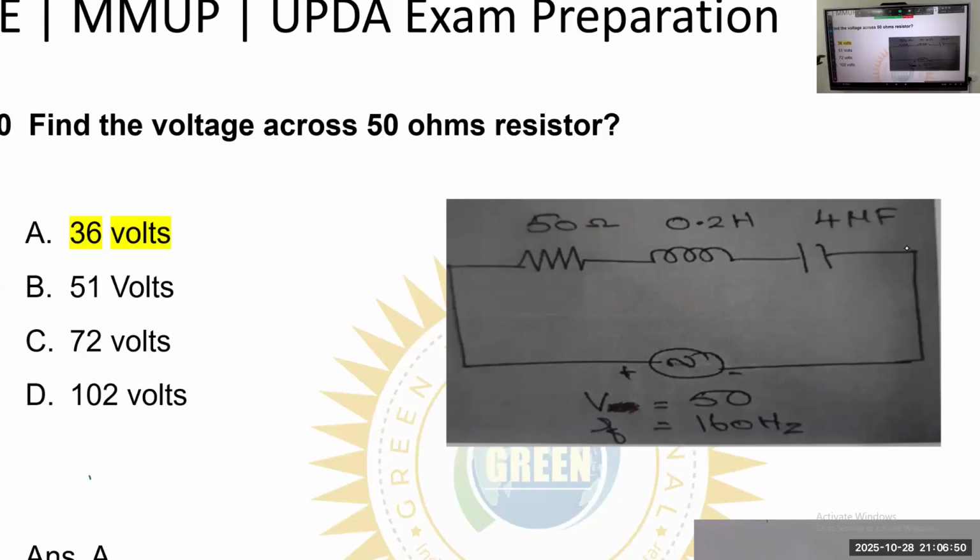So, here we need to find the voltage across the 50 ohm resistor. That is, we need to calculate